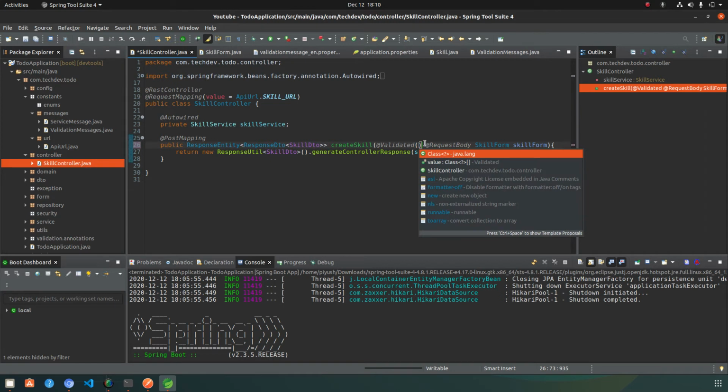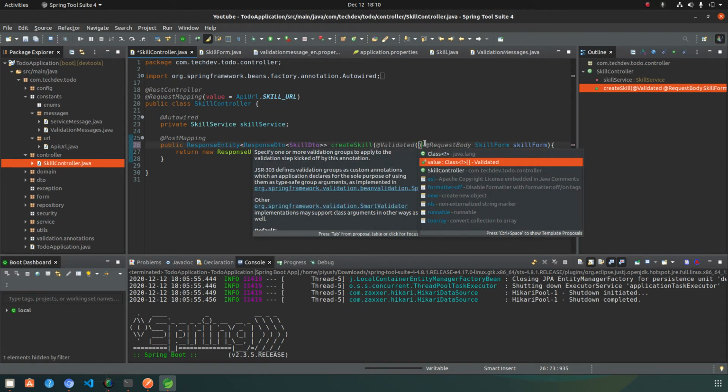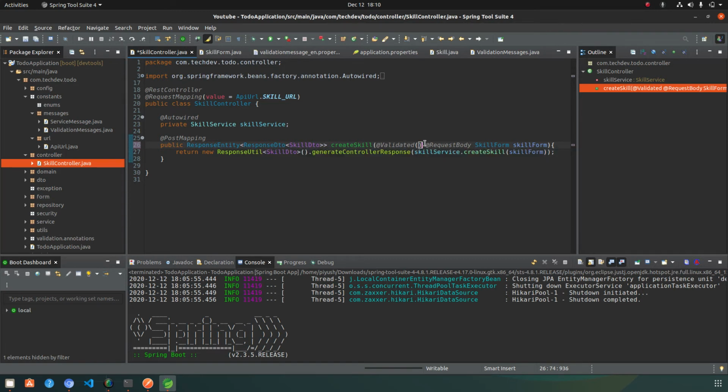The Validated annotation also contains a value part, which I will explain later when we discuss the group concept. So just leave it as it is for now. And one more thing: Validated is required just before the request body if you want to validate the request body.